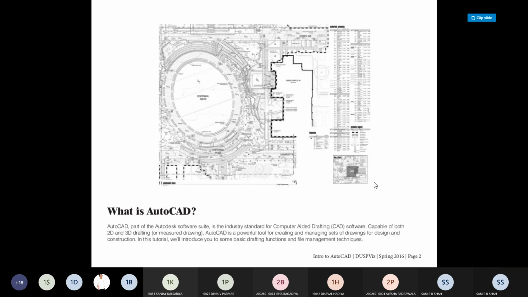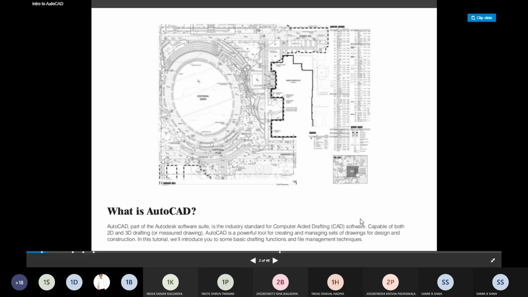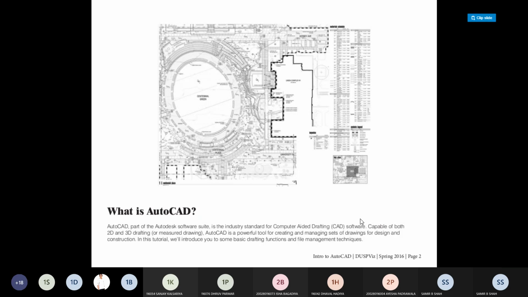AutoCAD is a powerful tool for creating and managing sets of drawings for design and construction. Right now we are discussing the basics of AutoCAD, how we have to start.